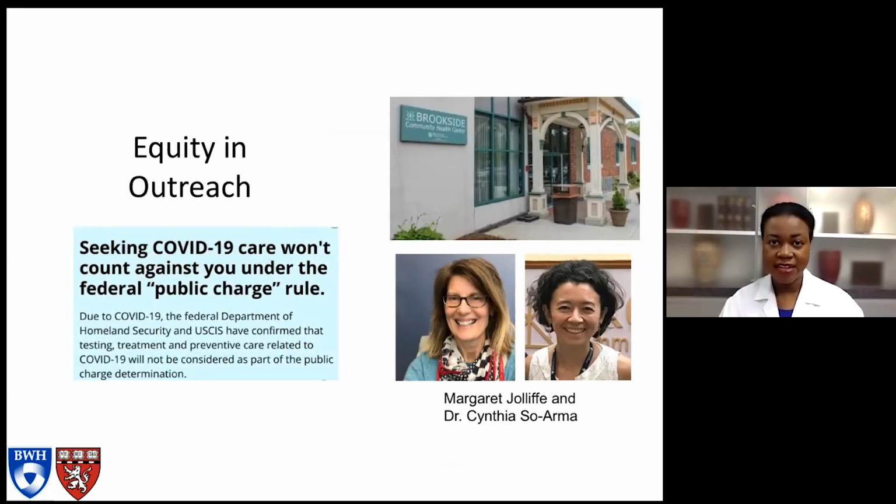At the beginning of the pandemic, one of our hospital licensed community health centers, Brookside Community Health Center in Jamaica Plain, Massachusetts, was very proactive in reaching out to our primary care population. Several issues emerged, including the issues around food insecurity, medication access, and other factors that patients needed to be able to shelter in place safely and still have access to their medications and resources like food.